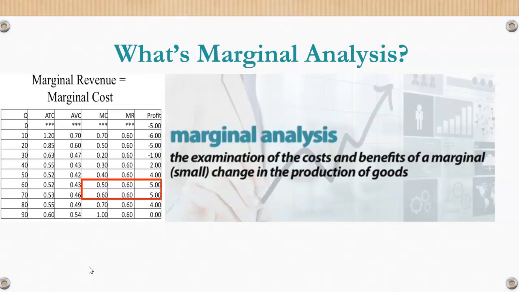So we're asking ourselves, what is the benefit of producing one more? What is the cost of producing one more? This can actually be you, for instance, studying. What is the benefit of studying one more hour? What is the cost of studying one more hour? It's the additional benefit because it's the additional hour, and the additional cost because it's the additional hour. So when you weigh them against one another, are you left with a net benefit or a net cost? And how much of that?